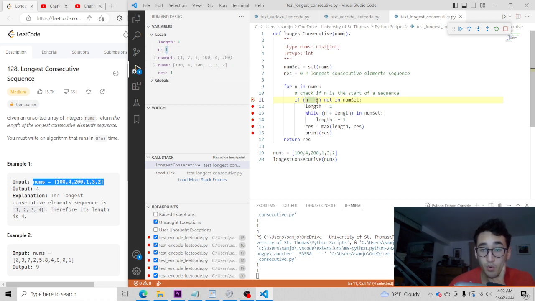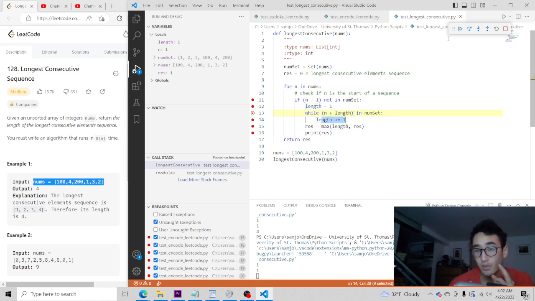And if 1 minus 1 is not in numset, which is, if 0 is not in numset, which it is not, this is correct, we have length equals 1. It continues with the if statement. And then we can enter this while loop, because while n, which is 1, plus length, which is 1, 2, is in numset, we can add 1 to the length.